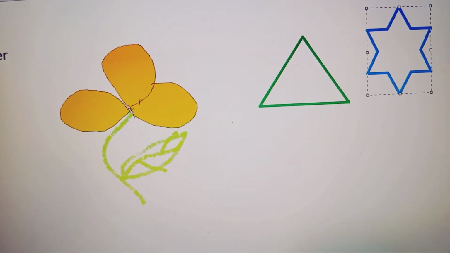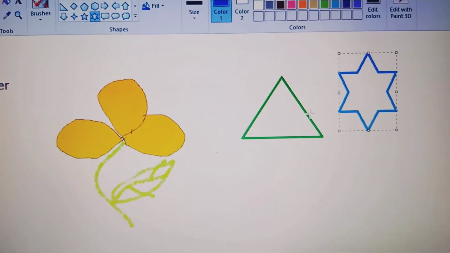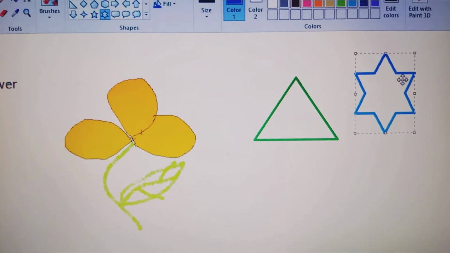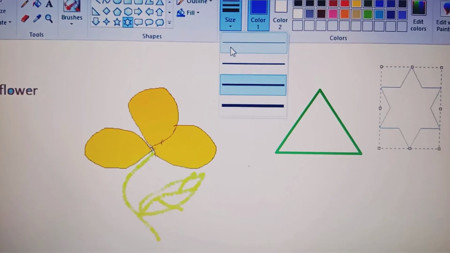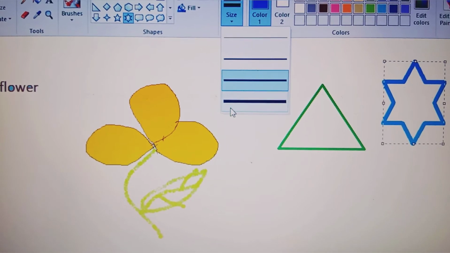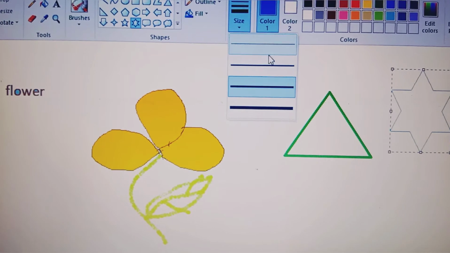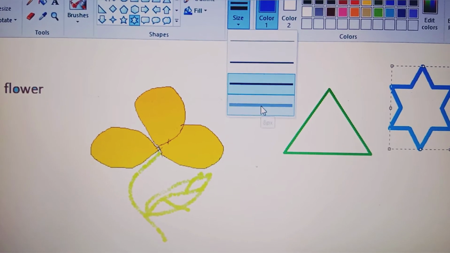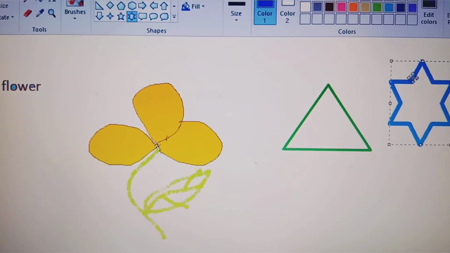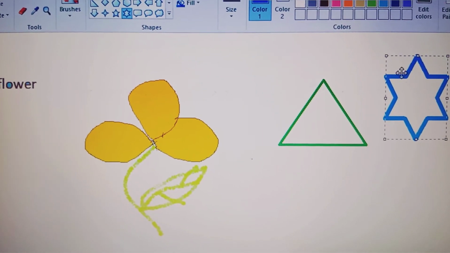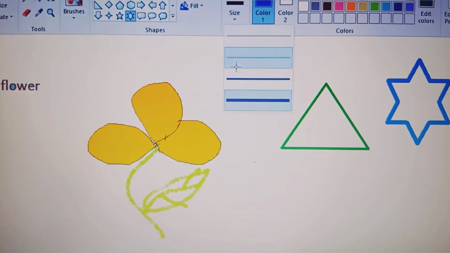I already drew it. Then comes the size group. So in the size group, what happened? Now the star I already drew, but it is dotted, meaning I can make changes. So when I click on the size, you can see there are different sizes present. The thickness of your drawing changes if I put the arrow on it. Suppose I click on it. After clicking outside of the dotted line, the dotted line will be gone and you cannot change your drawing. Understood?